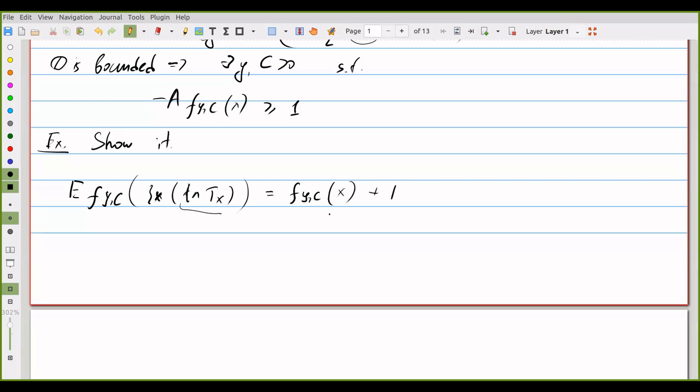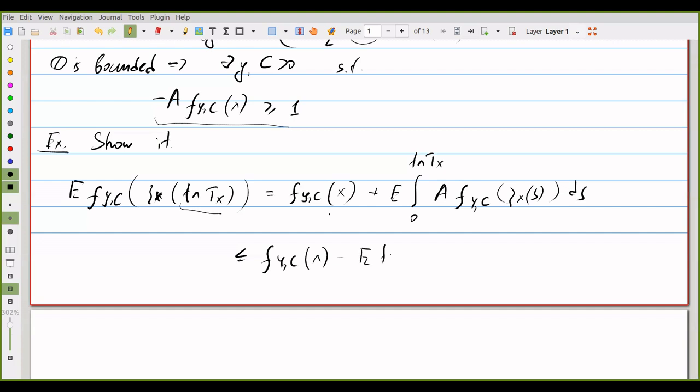And we know that the first hitting time for a closed set is a stopping time, if it's finite, at least. We get the integral of psi x of s ds. And because this holds, we get that this is less than, which immediately allows us to conclude by pushing this to this side that this is